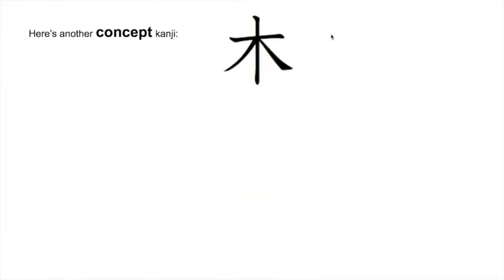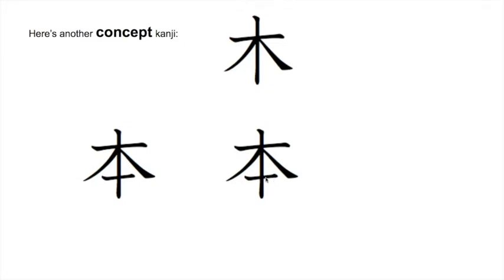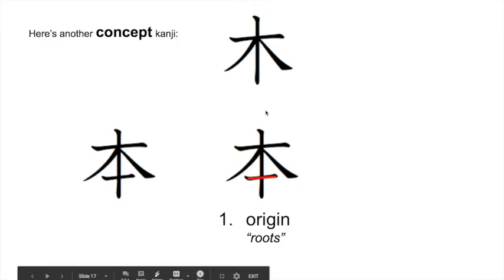Okay, the next new kanji builds upon the tree. It's another concept kanji. This is your new kanji. Notice that this new kanji adds an extra line here, emphasizing the root of the tree. So one meaning of this kanji is origin. For example, you could say the origin of my family, my ancestors originally came from China or India or Italy. Another way of saying that is my family has its roots in Europe or India or the Arabian Peninsula. This kanji does not literally mean the roots of a plant, but it does mean root in terms of origin